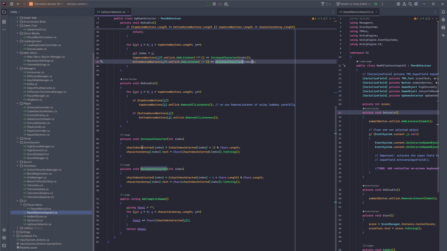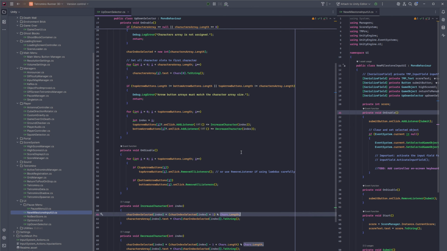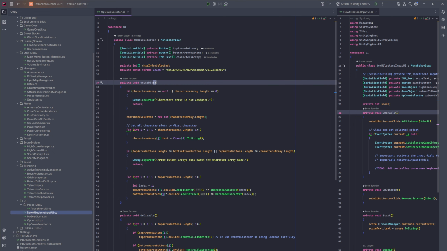So when we increase the character, we set the current index, or rather we're going to pass the index, because that's what we're doing. We're just using a callback method to increase character by feeding in some index. We're going to get the character index selected, increment it by 1, and modulus by the number of characters actually available to us. So in this case, there are